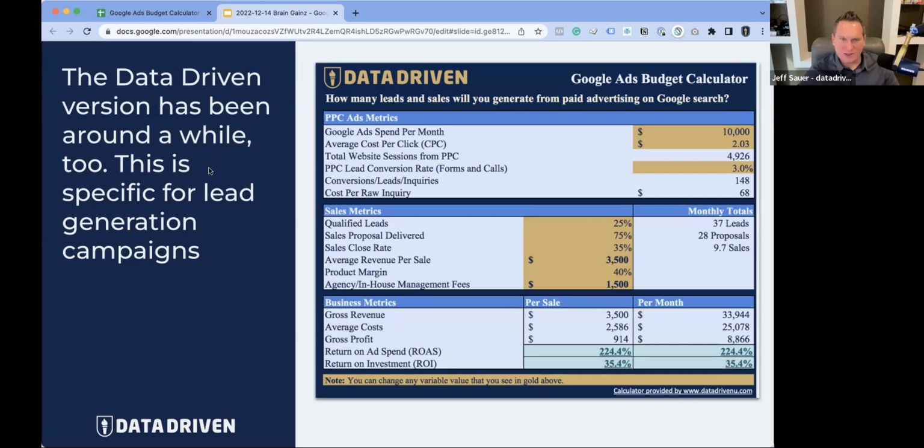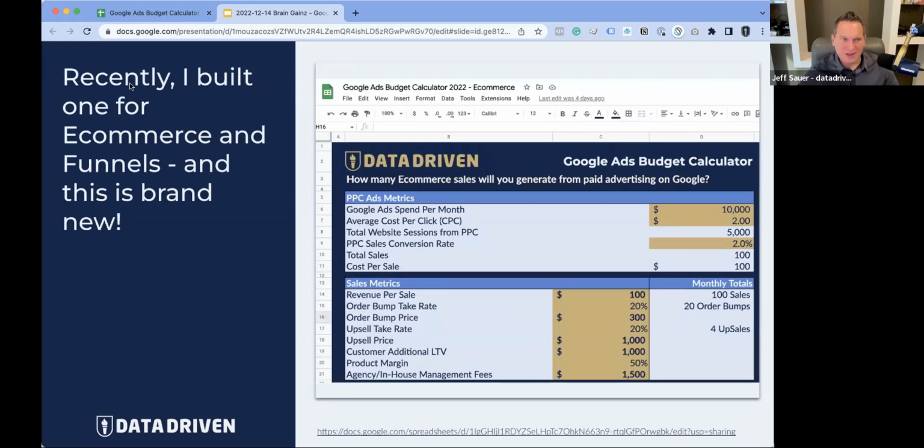But the thing that I wanted to really share now is that I built a new version of it with some new bells and whistles for e-commerce and funnels. And I actually built it with a purpose in mind. I wanted to build it because I was evaluating a Google Ads agency, and they weren't giving me enough on what to expect for the numbers. And I said, how come every agency doesn't use this? How come everybody doesn't mention this? It was standard practice for us trying to figure out a payback for our customers in my agency days. But I wasn't getting it on the client side.